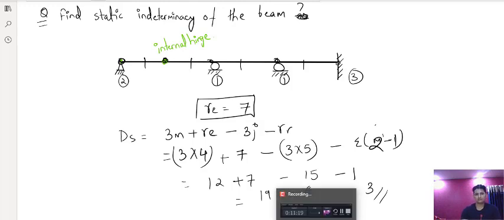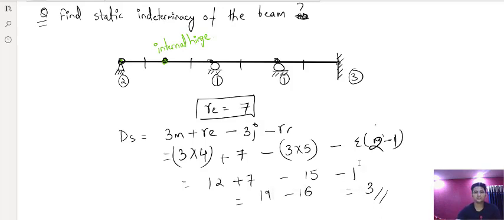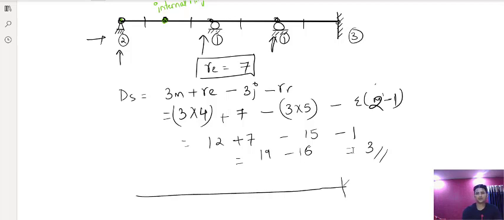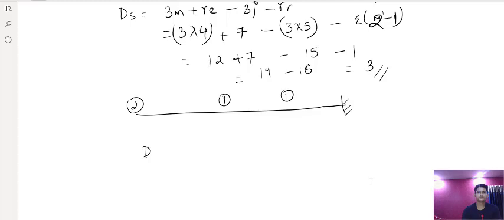So this is how you calculate by approach 1. Now for the second approach, you have to make the beam a cantilever. How will you make this beam a cantilever? You have to remove reactions at this one and this one, so that the beam becomes a cantilever. The number of reactions removed will be 1 this one and 1 this one, so 2, 3, 4. The number of reactions removed is 4, minus the number of constraints that are added.